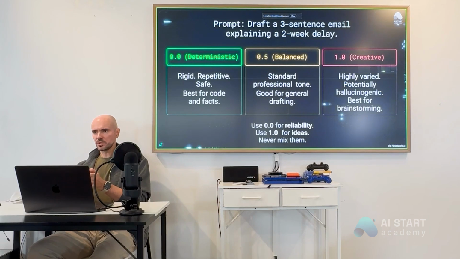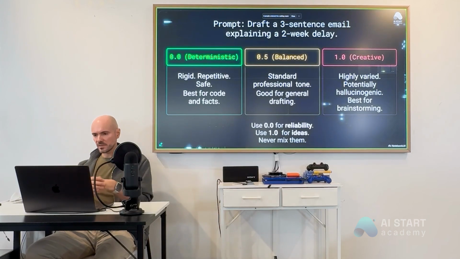But for example, when you find that every time you use the same prompt you get different results and you want them to be more consistent, look into temperature and see how you can turn it a little bit down to decrease variability. And on the contrary, when you're brainstorming, looking for something new, some new information, or you want to come up with something different, look into raising the temperature a little bit to get